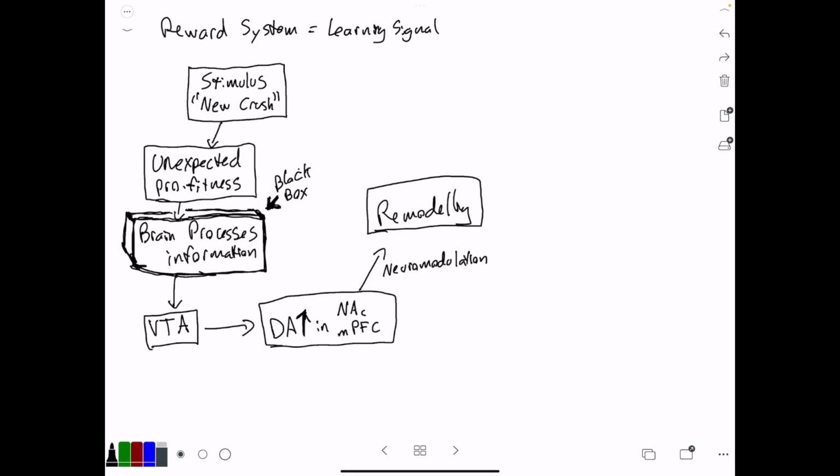And so this remodeling, what is it responsible for? It's responsible for two things. So the remodeling is responsible for, one, increasing our craving and increasing the wanting